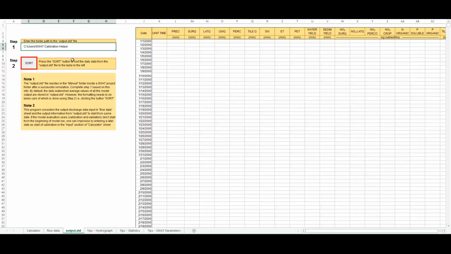output.std file. This particular file consists of the daily watershed average values of the model output, not only flow but other outputs as well, so that if we could extract all the data including the flow in this program, then we can analyze what is the variation of the other variables as well. So this program is capable of extracting that information, but for that you have to first give the folder path in step number 1. So for the folder path,